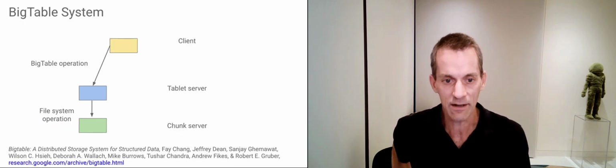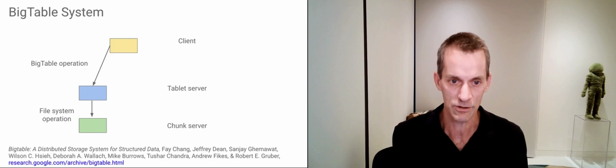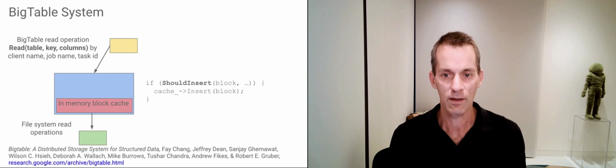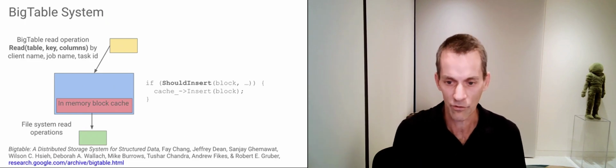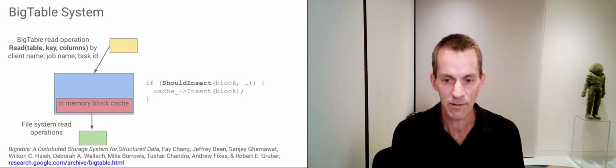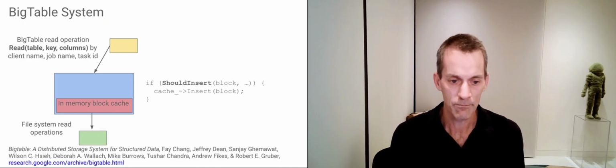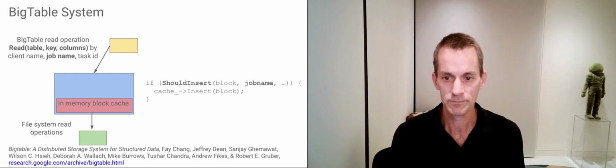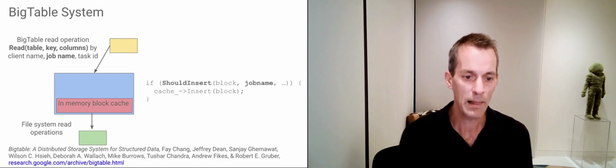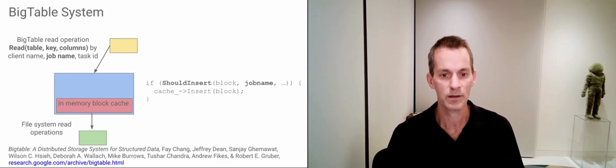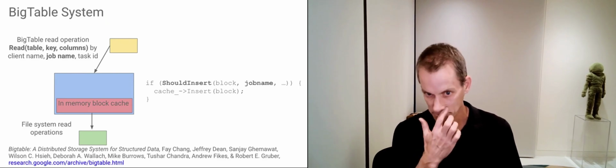So this was a motivating example of why we wanted to build something like Smart Choices. If you think about Bigtable, which is a large distributed storage system, it has a bunch of clients, a bunch of tablet servers, and a bunch of chunk servers in the distributed file system. One of the things the tablet servers have is a cache. So you have the client, the tablet server, and the chunk server. And it has an in-memory block cache of blocks so that we don't have to go all the way to the distributed file system if it's already in the in-memory block cache.